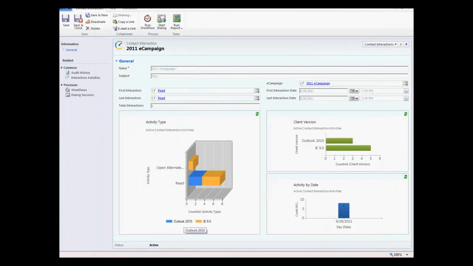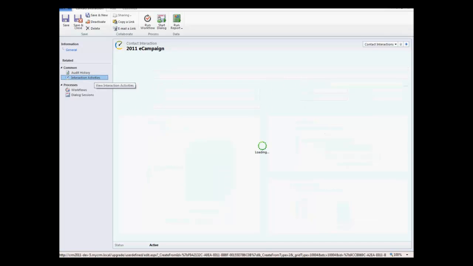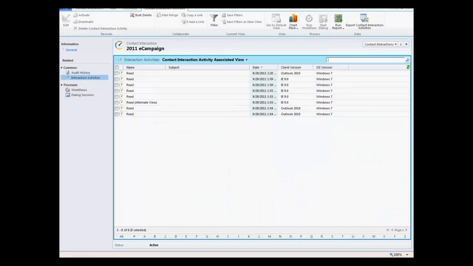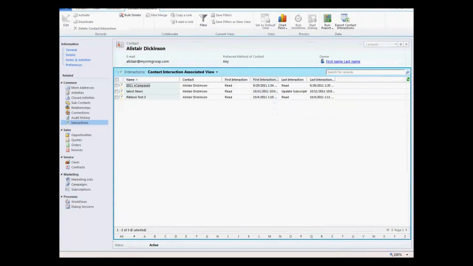I'll just expand this out. I can see that it's been read in Outlook 2010 and the individual is using IE9. I can see the time and date of when the activity was created, and I can see all the client versions. I've also got an audit trail of those interactions, so the different times and dates and when the person viewed the email. So I can see that they read it a number of times in Outlook, and they're using Windows 7. They looked at the alternate view and viewed it via a browser, again using Windows 7. I'm just going to close this contact record down